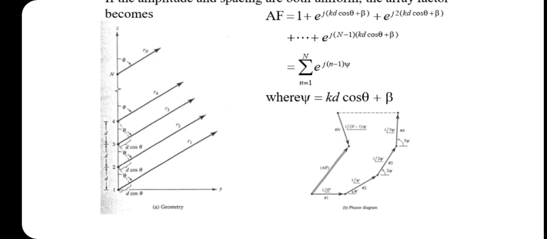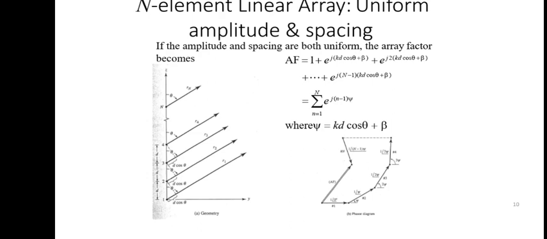So you observe that this is the geometry of the array, and here is the phase diagram, how the vector diagram will come for the N element array. This is the phase diagram, and the array factor is like this. Here there is one angle 0, one angle psi, and again one angle, with amplitude 1, equal amplitudes, but a phase difference psi everywhere. So one angle psi, one angle 2 psi, one angle 3 psi, and so on up to one angle (n minus 1) psi. This is the phase diagram of the N element array.